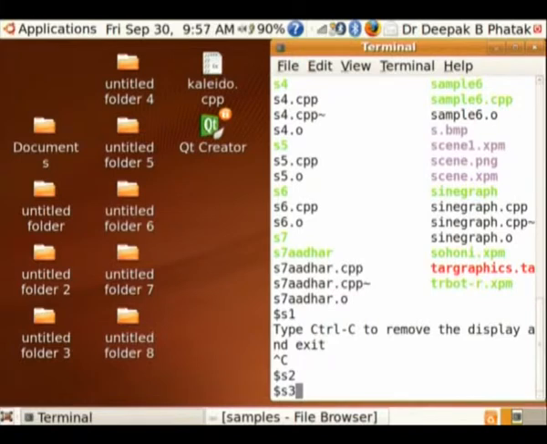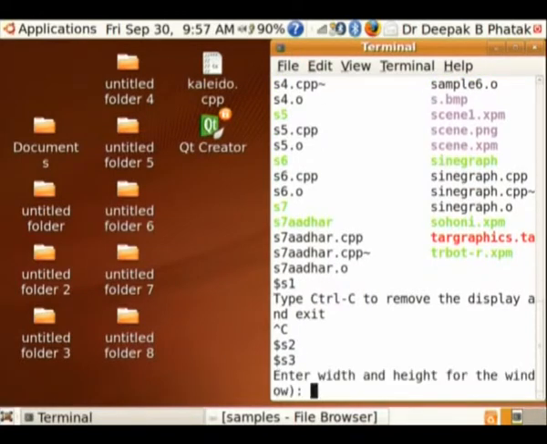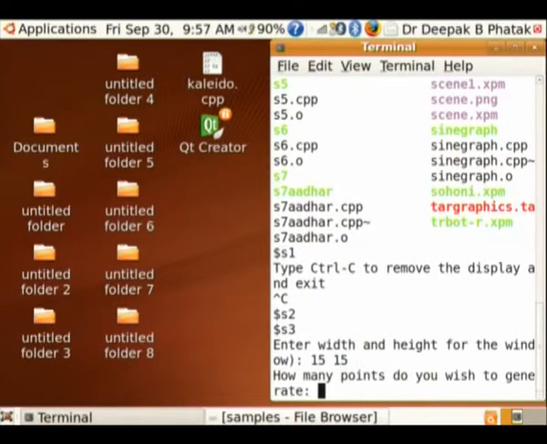Here is another sample which says give a width and height for the window. So let us say 15 and 15. And then it says how many points you want to draw. So it's basically, you have, let's say, electrocardiogram analysis, you have various points on the ECG, and you just want to display them. Of course, here I don't have an ECG, so I'm randomly generating points and displaying them with some labels.